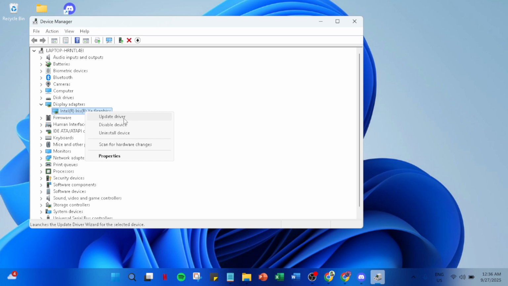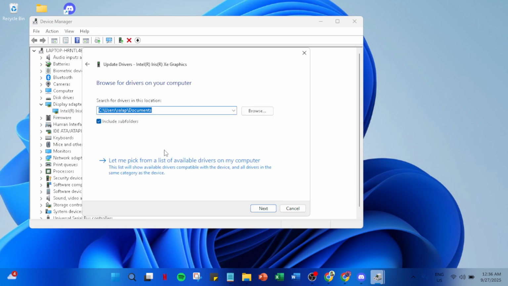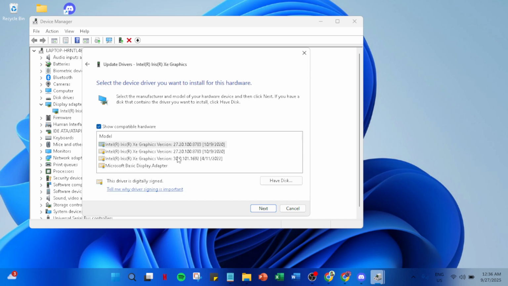This option allows you to manually navigate through the available drivers on your system, a step that can sometimes be necessary if the automatic search doesn't find the right drivers. After that, select Let me pick from a list of available drivers on my computer. This manual step provides you control over which driver version to install, potentially reverting or updating to the most compatible option for your hardware. In the list that appears, choose your NVIDIA graphics card and then click Next.